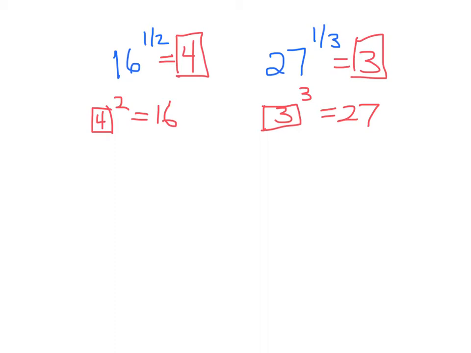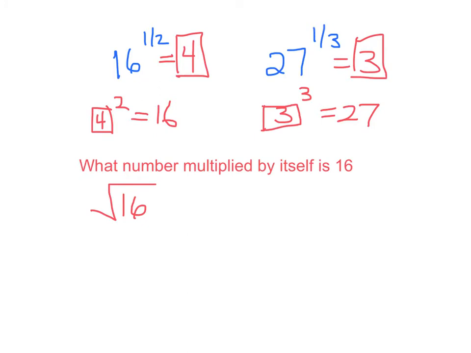Now, another way to ask the question, instead of 16 raised to the 1/2, we could ask the square root of 16, because this question asks what number multiplied by itself is 16. The answer is 4, because 4 times 4 is 16. Notice that 16 raised to the 1/2 is exactly the same as the square root of 16. Another way of writing that is